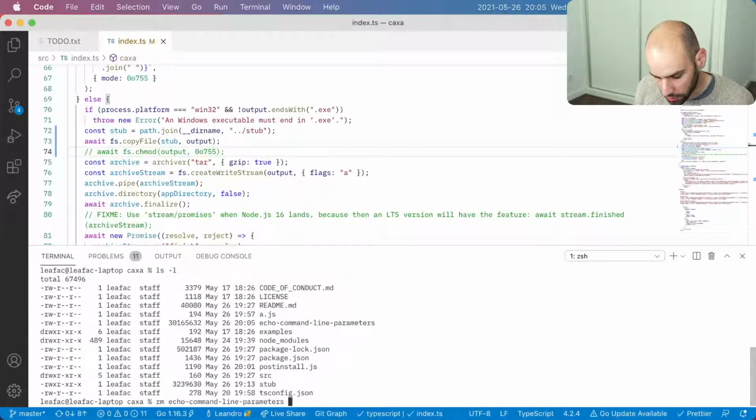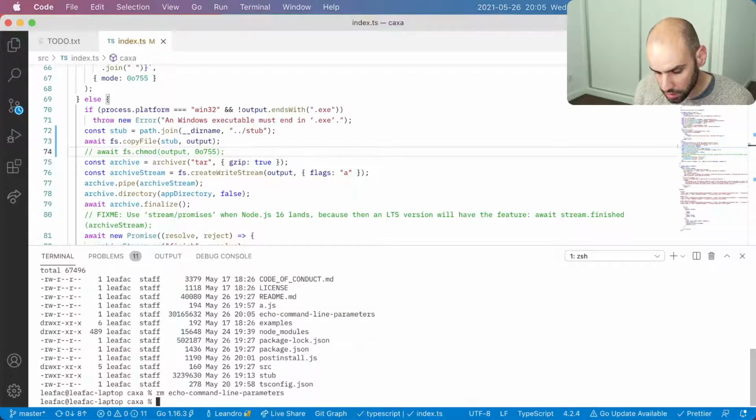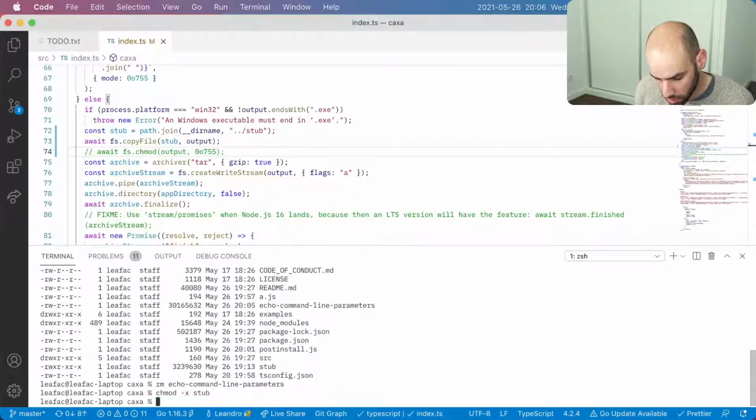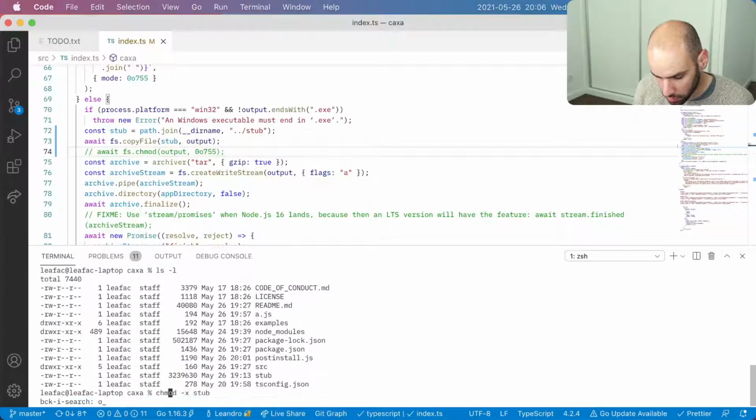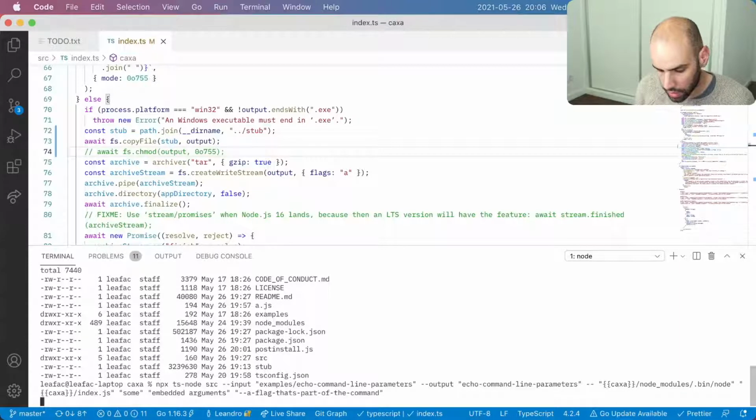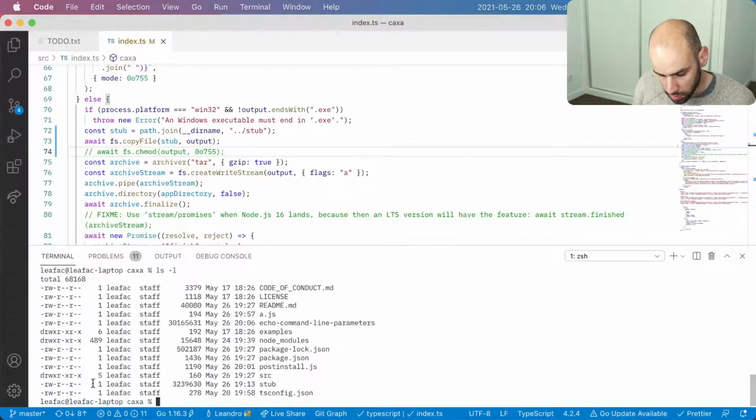Suppose that I don't have echo command line parameters, and suppose that my stub has the wrong mode. Now I will compile, and the binary that is produced will have the wrong mode. So both the stub as well as the binary have the wrong mode.